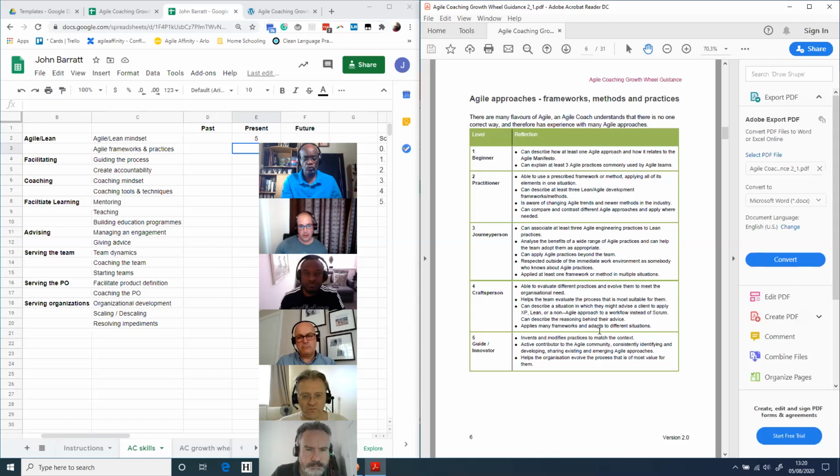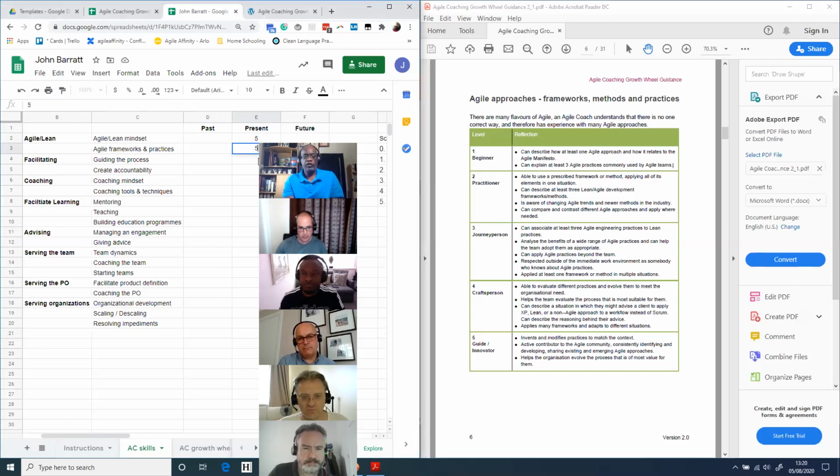So at the moment, I would have been a 4 probably until quite recently, but some of you may have noticed in the last couple of months, I've started releasing a lot of work around agile scoping into the community. I've always been heavily involved in the community. And so I'm going to increase myself from a 4 to a 5 in that area.